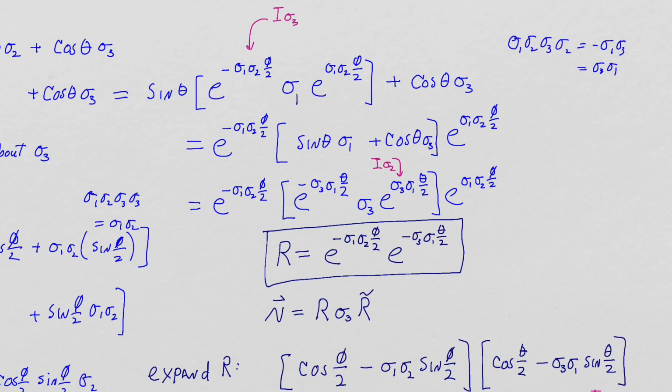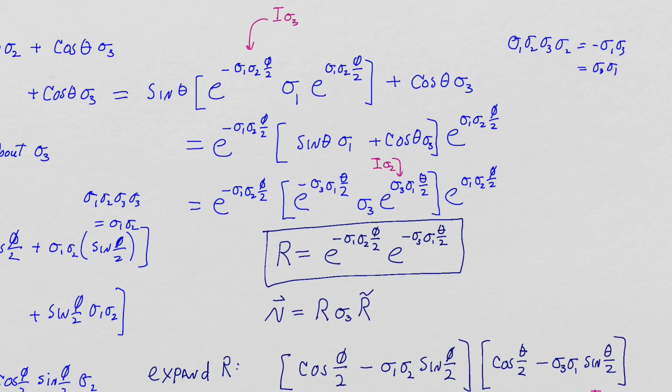Well, what you have to realize is that sigma 3 commutes with sigma 1, sigma 2, right? If you flip sigma 3 through, you pick up a minus sign, then another minus sign. So sigma 3 commutes with sigma 1, 2. So that's another way of saying rotating in this plane doesn't affect sigma 3. So because of that, the two exponentials that sandwich cosine theta sigma 3, this guy is going to commute through. It will not pick up a minus sign, and it will cancel with this, and you'll end up with cosine